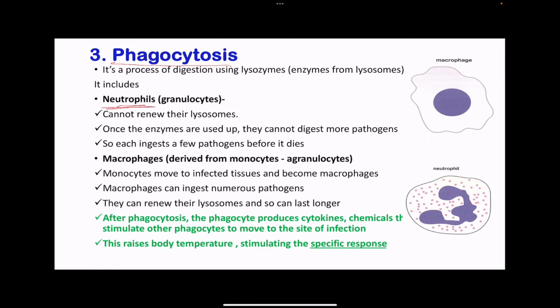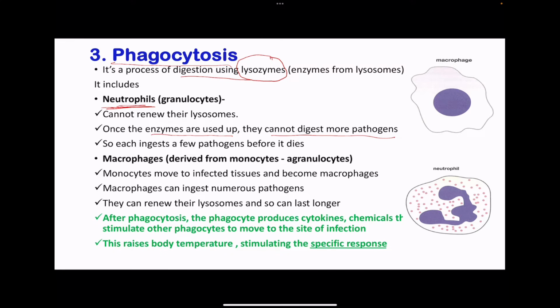This is carried out by neutrophils. During phagocytosis, digestive enzymes are going to be released from the lysosomes. These enzymes are called lysozymes. They are released from the vesicles, which are called the lysosomes, and they'll break down the pathogen. So both neutrophils and macrophages have lysosomes, but the lysosomes of the neutrophils cannot be regenerated or replenished. Once the enzymes are used up, they cannot digest more pathogens,